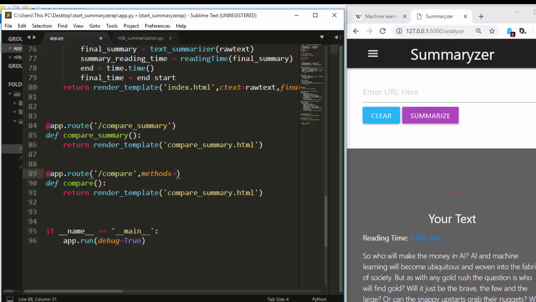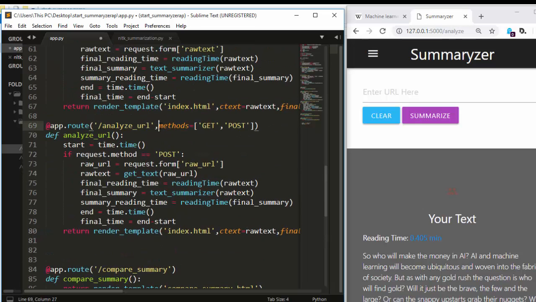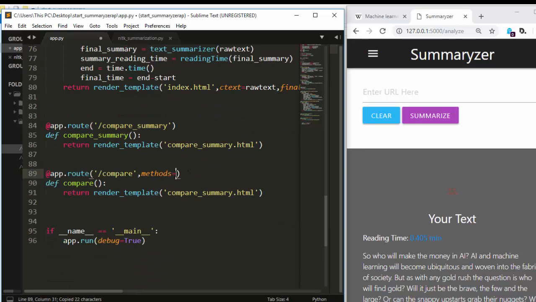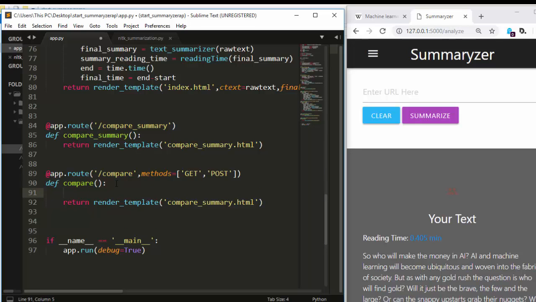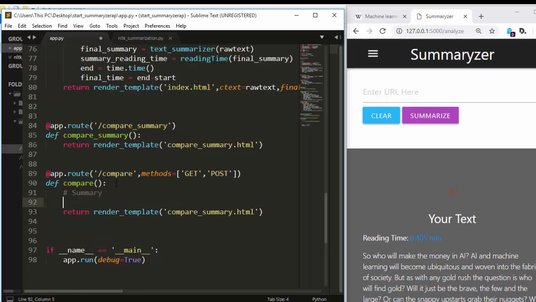It's going to take two methods, right? It's going to take the GET and then POST. So let me copy this one and paste it here to save time, right? So we have a GET and a POST method. Now the next thing we need to do is that we need to be able to use the same stuff we had here, but in this case we will be passing an individual function to it. So it's going to be, as we did earlier on, our summary and then our reading time, right? For each and every one of them. So we're going to have our summary and reading time for